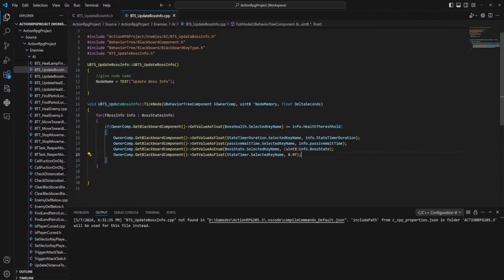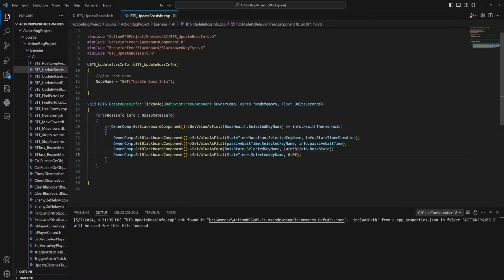Because what we want to do is, say we are at 100% HP, right? This is going to be false. But if we're at 70% HP and our threshold is 70, it's going to do all this stuff, which is fine. But if we're at 50% HP and our next threshold was 60, we never get to that because we're going to break out of this for loop.